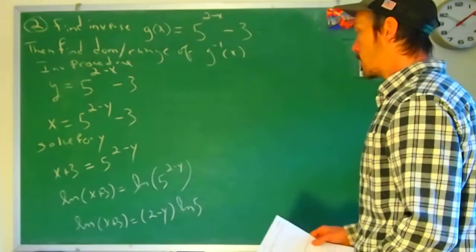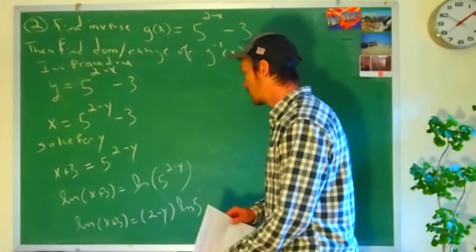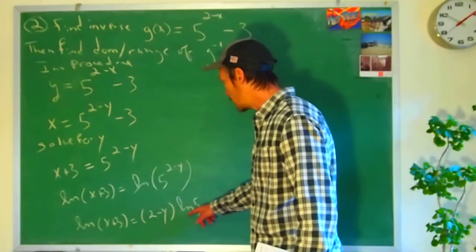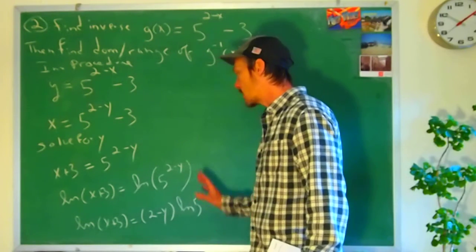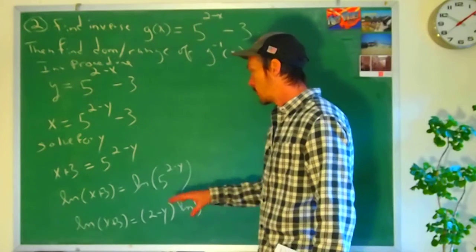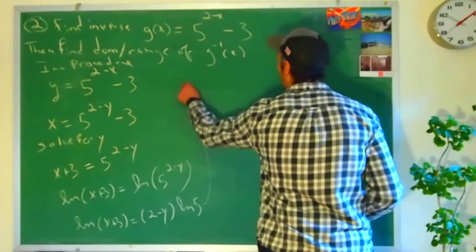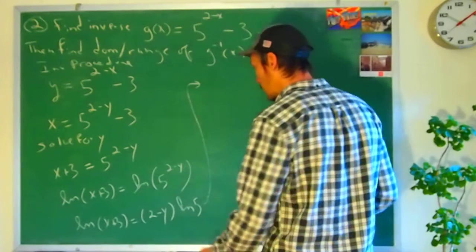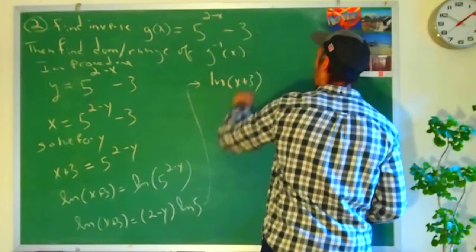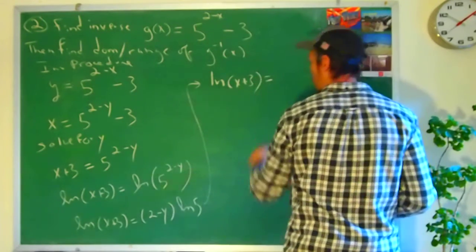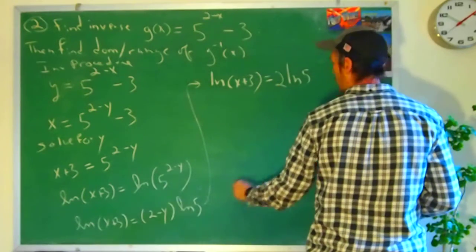And remember, our goal here is to get y by itself. So the first thing that we're going to do to accomplish that is to distribute the ln of 5 through this expression, move everything that doesn't have a y in it over to the other side, or vice versa, just trying to get that y by itself. So let's continue up here. So that will be ln of x plus 3 equals 2 ln 5 minus y ln